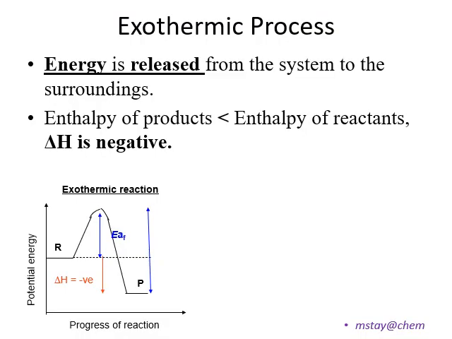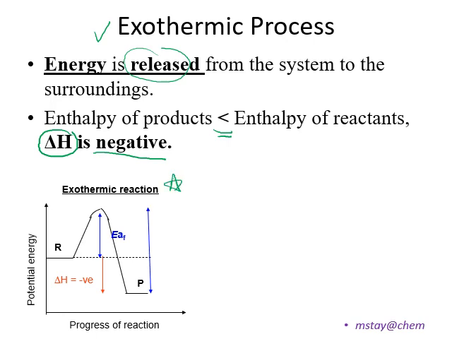As we already know, there is the exothermic process, where energy is released from the system to the surrounding. So the potential energy of the product will be less compared to the reactant because part of it has already been released to the surrounding, and the delta H will be negative. Previously, in chapter 8, reaction kinetics, when we drew the energy profile diagram for an exothermic reaction, we would draw like this,